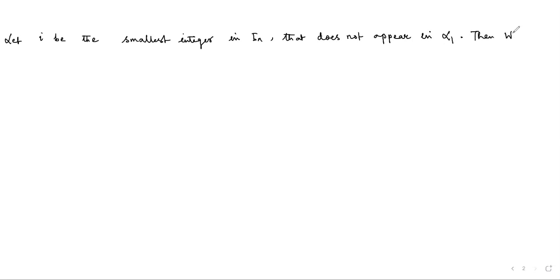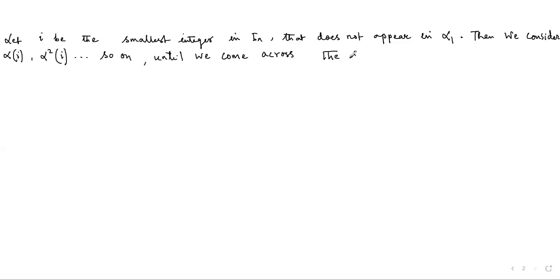Then we can consider alpha I, alpha 2 I, and so on until we come across the smallest positive integer, say small s, such that alpha s of I is equal to I, and evidently